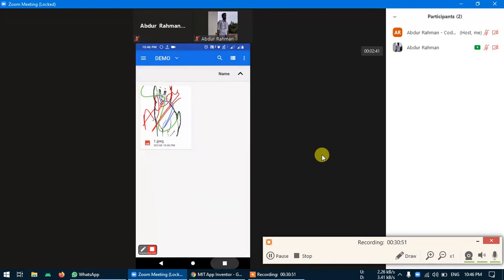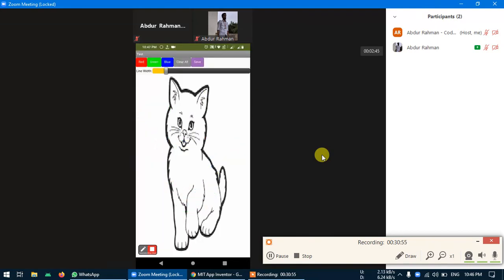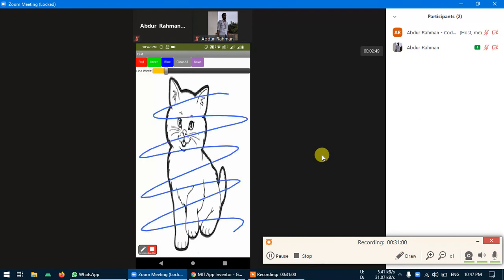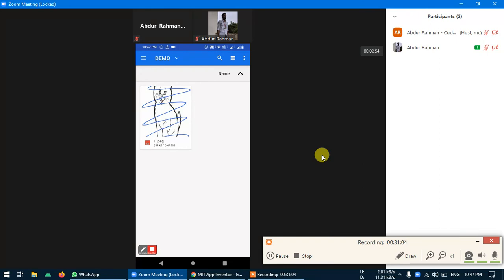Now again, if I go back to MIT App Inventor, clear the canvas, write some other thing and save it, it will replace the previous one. This is because the file name is always the same, one.jpg to one.jpg, so it is always replacing the things.